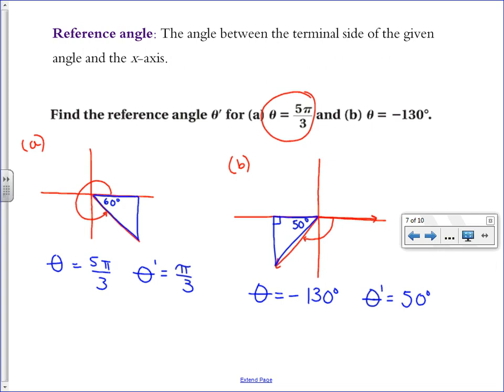Okay. I think that's it for that practice of reference angles. Just maybe sketch each picture so you can see how far you have to go to get to the x-axis, and that'll be your reference angle, and just give the answer as a positive angle. Okay. Then